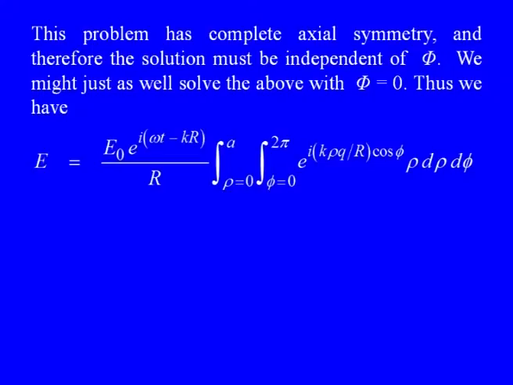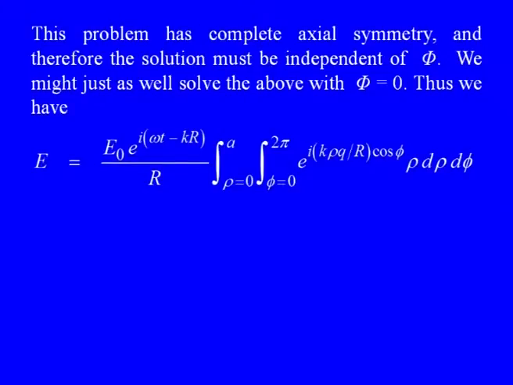The capital Phi does not mean anything. It cannot affect the final solution because of the symmetry about the x axis. We may choose it conveniently, might just as well solve the above expression taking capital Phi equal to 0. So, we do that, and thus the expression now becomes E is equal to E naught into the phase